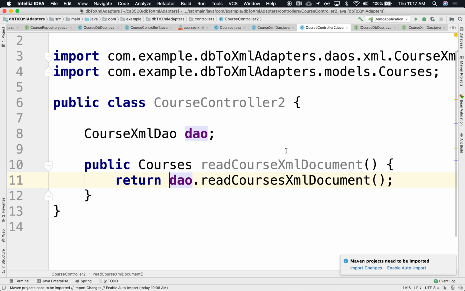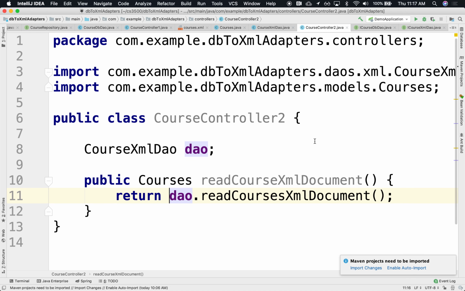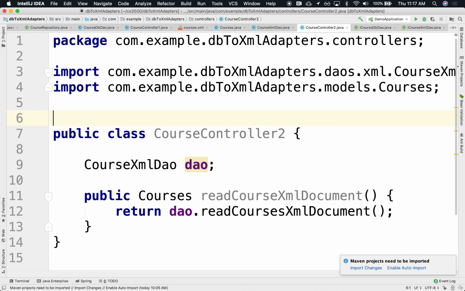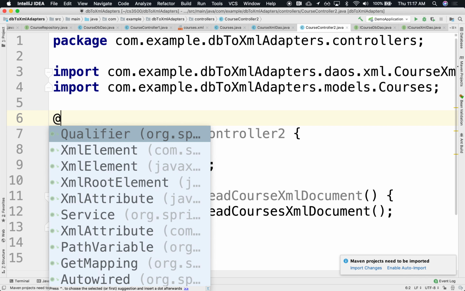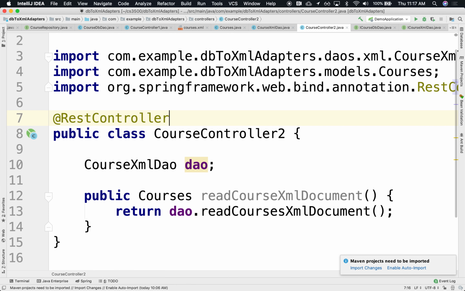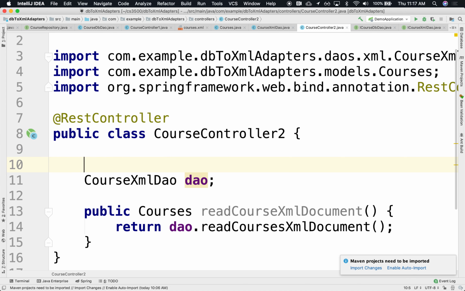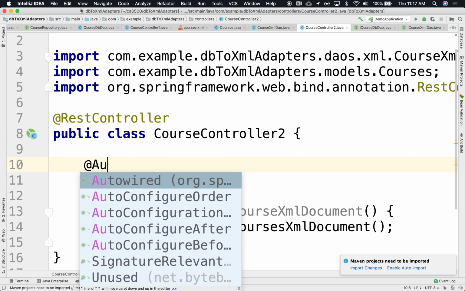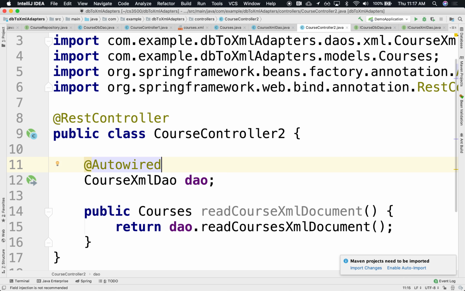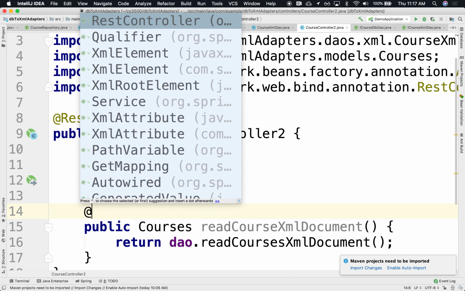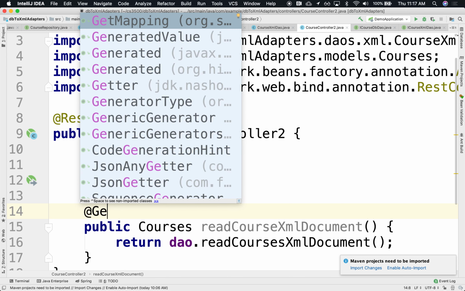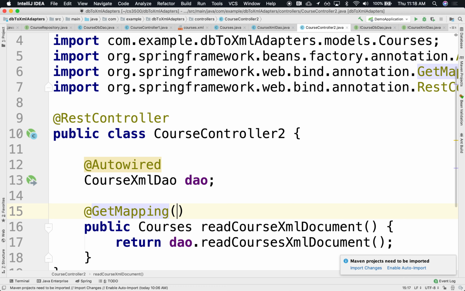Let's try this out. So to expose this and make it available on the web, we need to decorate this with a REST controller. So now it's on the web. We want to inject this from outside. So you instantiate it, create a singleton, pass it to me, and inject it in here. And I want to handle a GET event, an HTTP event, that if the incoming query is API